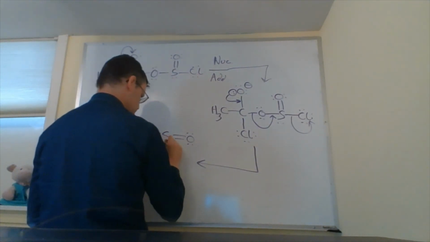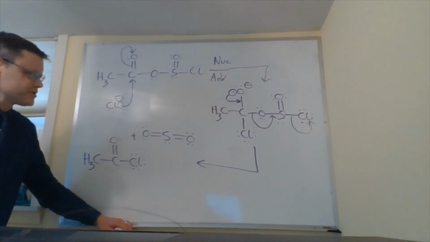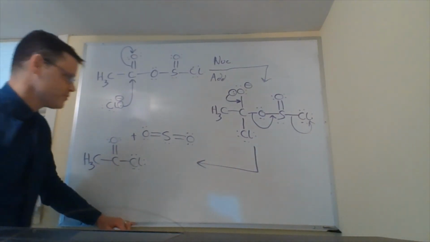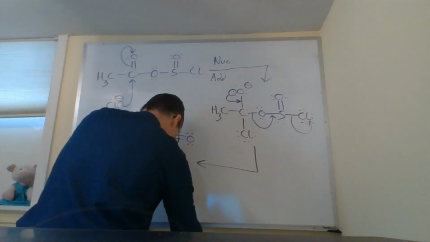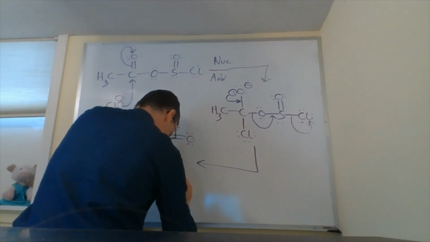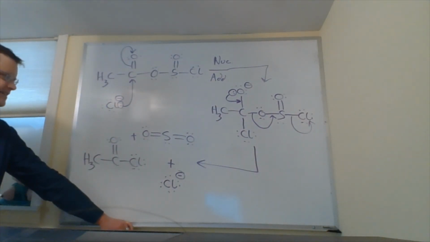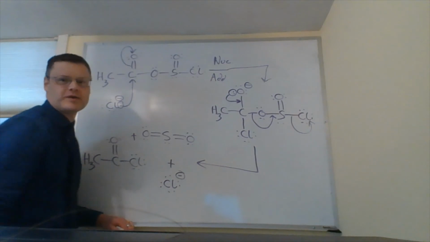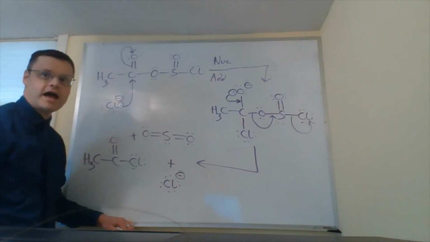which just that molecule itself, this would make an interesting Lewis structure and molecular geometry problem, but that's not the focus of this part of the course. And then the chloride ion. Okay, and then this in another part of the mechanism picks up a hydrogen. All right. So that concludes our